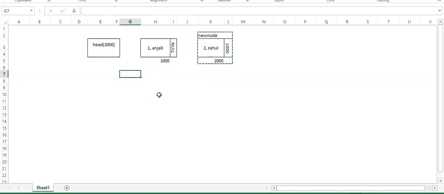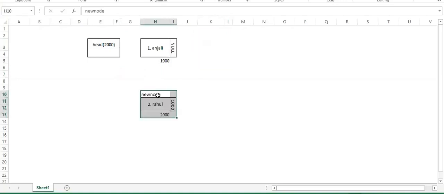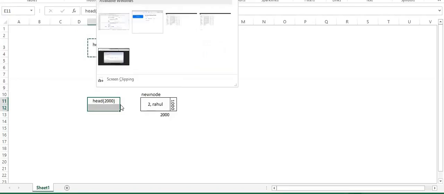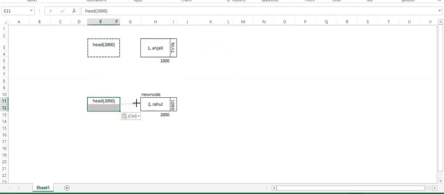Let me paste it here. This is a head. So head is having the address 2000. It means that now our head is pointing to this. Let us create the link here. This is the link, correct?